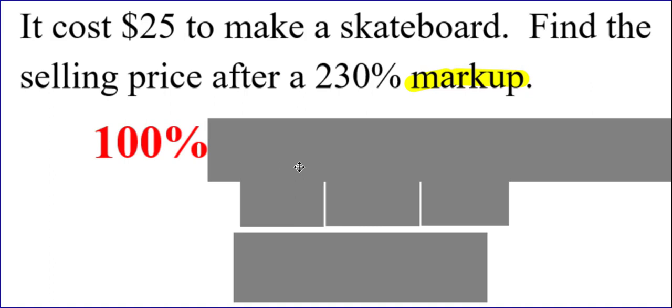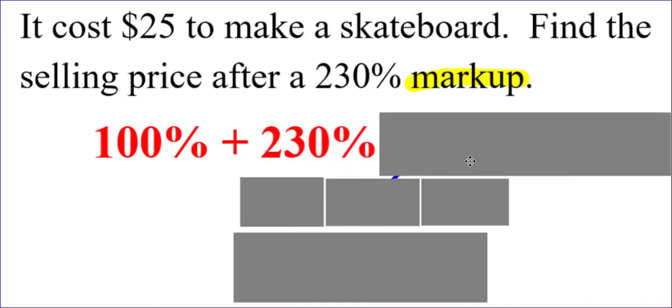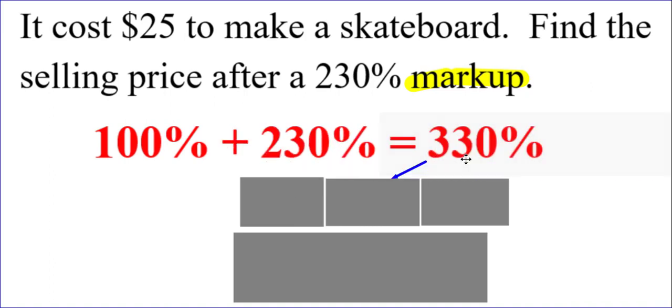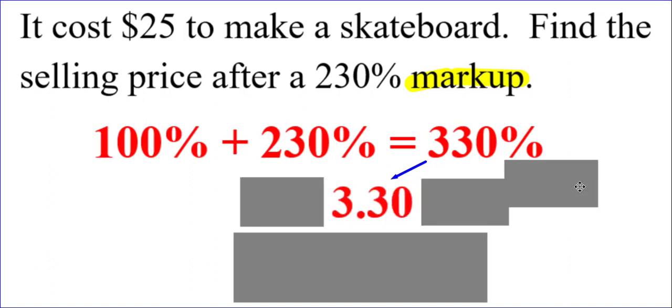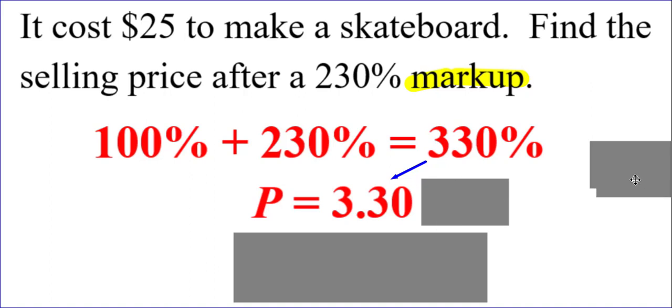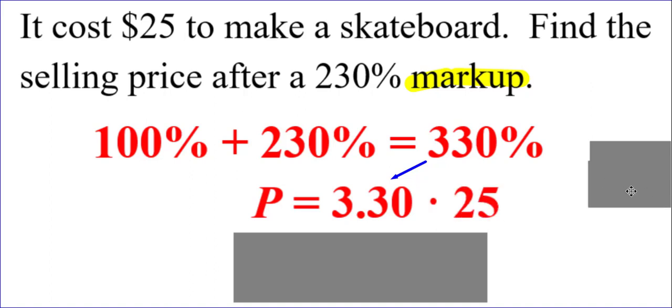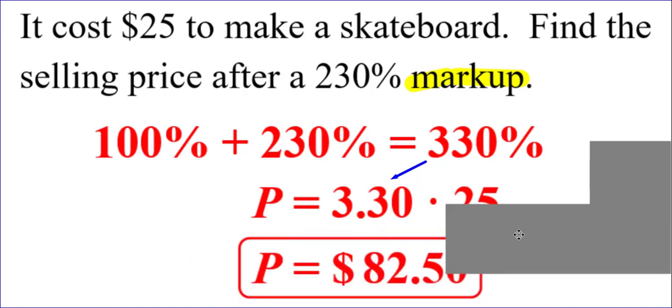No. The original cost is 100% of itself. Add the percent of markup, and you end up paying 330% of what it cost to make that skateboard. So put the 330% in decimal form. Since we are finding the selling price, that's the unknown final price. So we're going to take 3.30 times the original cost of making that skateboard,